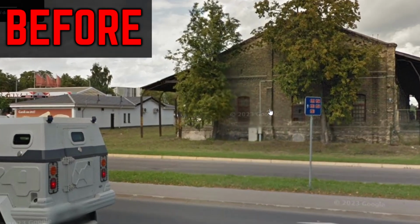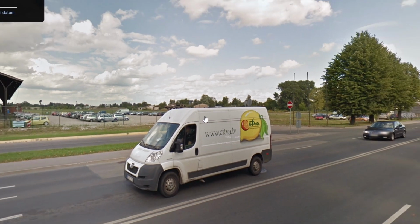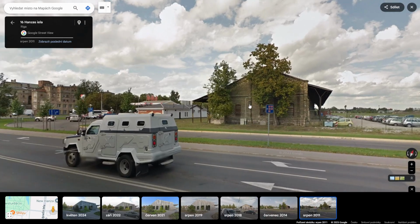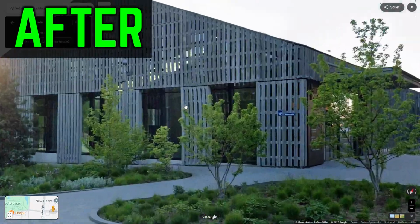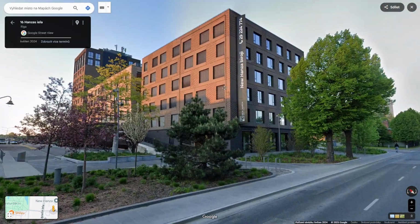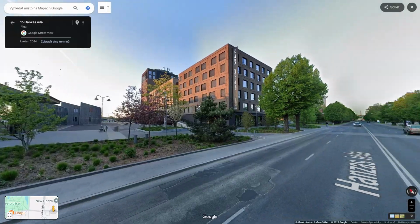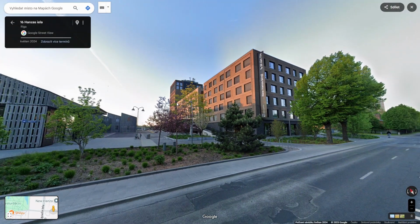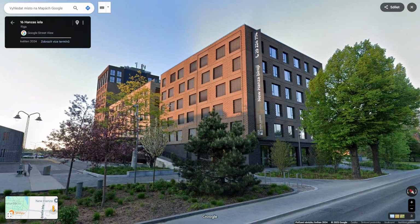better. Now again, looking back, there's just some old abandoned building with a parking lot and some overgrown vegetation in the background. Just a lot of unused space that could be used for something much more meaningful. But now in 2024 we get this absolutely amazing looking building. According to Google Maps, this is a store selling Ferrari cars, which I didn't quite expect. At my first impression when I saw this building, I thought it was like a university or a museum or